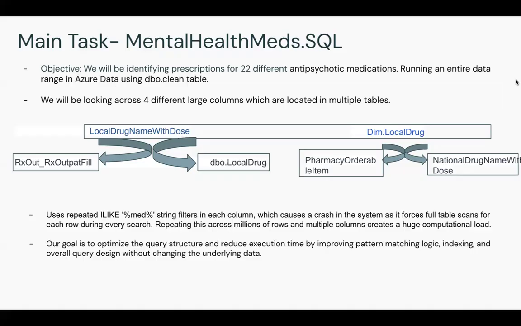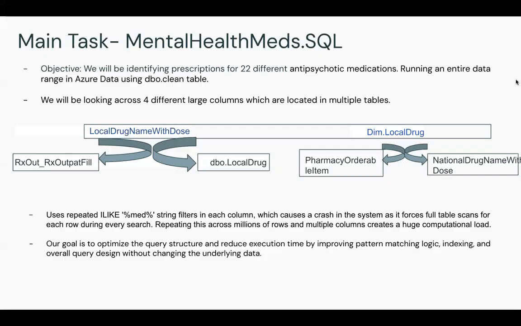Local drug name with dose, which will be with the different types of Rx output, and the dbo.local drug and dim.local drug, which goes with the pharmacy order lab item and national drug name with dose. So we're focusing on four large text-based columns where drug information is stored and they're spread across different tables, which